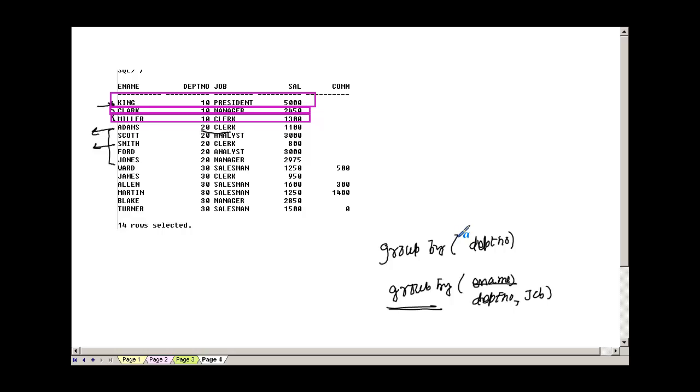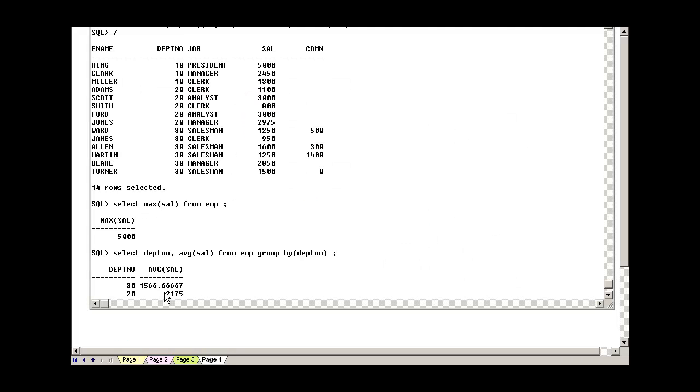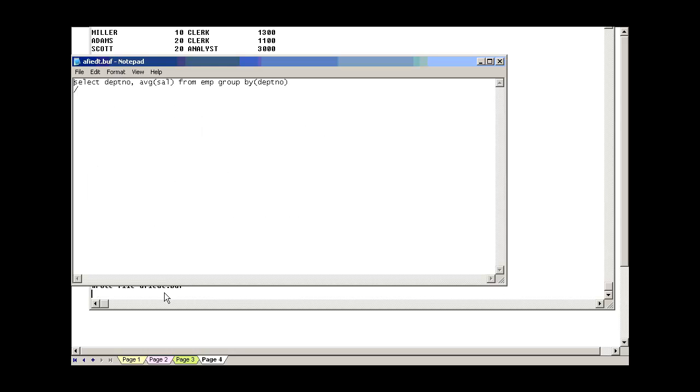Okay, so that is basically the funda of grouping by more than one column. So for example, if I want to rewrite the same query whatever I wrote, I say department number comma job, then I say group by department number